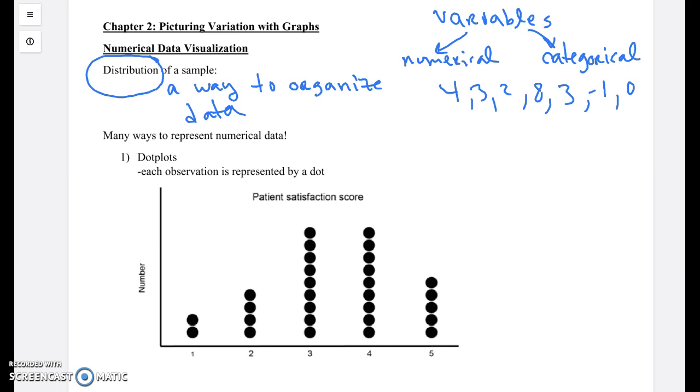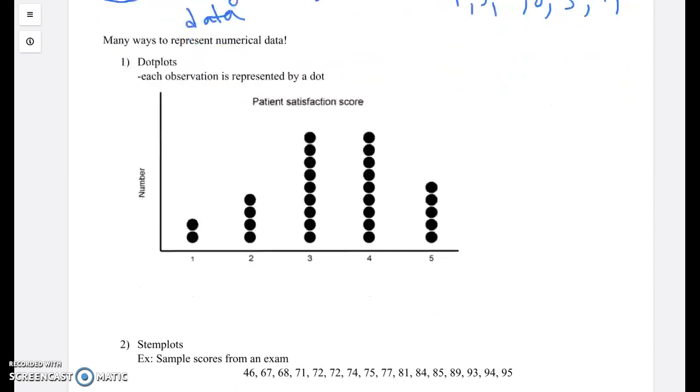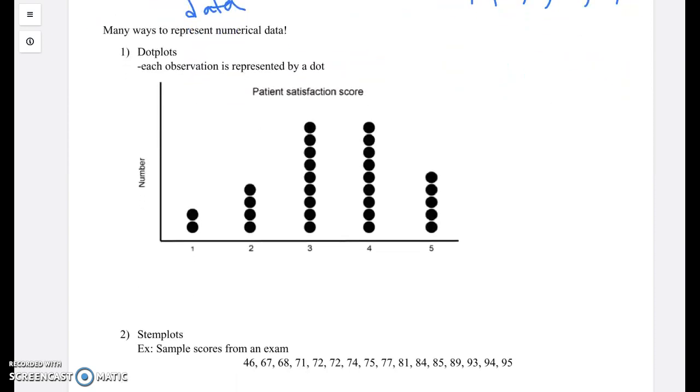So numerical data. Okay, so there are three different ways that we're going to talk about in this class for how we can represent this data. And the first one is through dot plots. Now, dot plots aren't really useful. I don't think anyone uses them. I mean, if they're small data sets and it's a small sample, then yeah, but basically all you're going to do is just place a dot